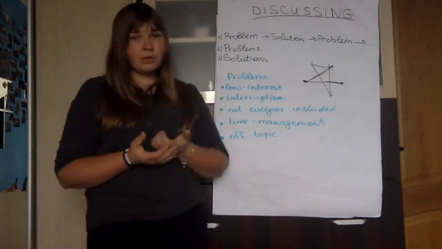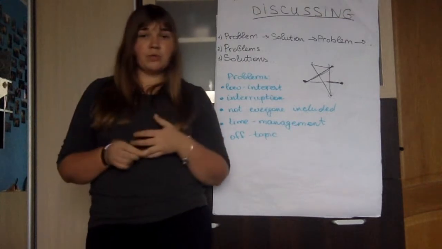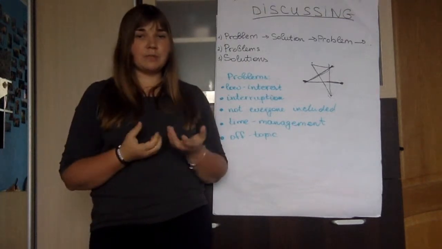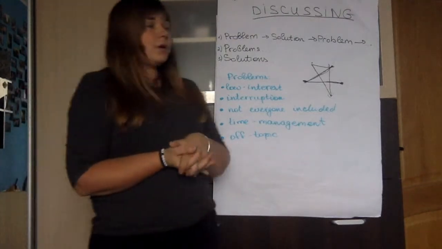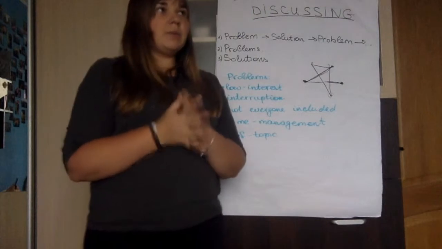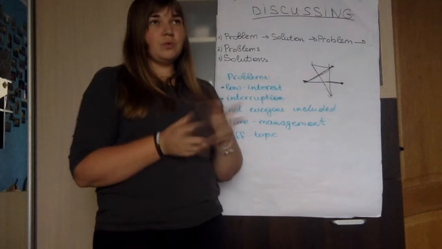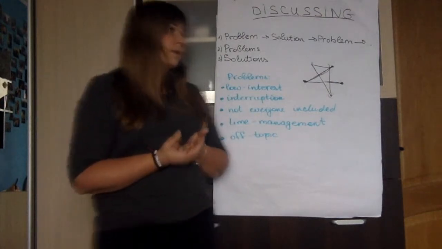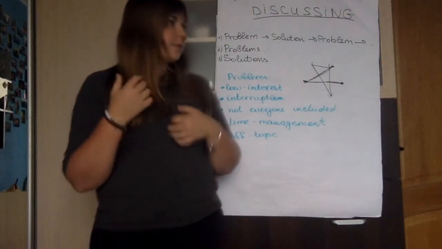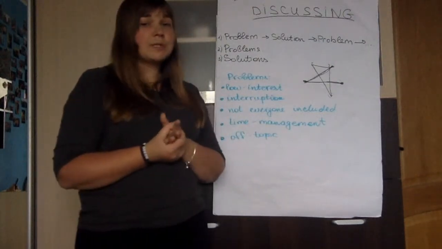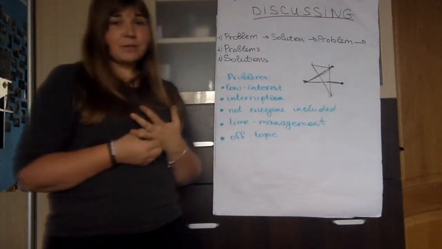It's of course interruption of other delegates. For solving this problem, you can use a talking ball when only a person who holds the ball can talk, or talking checks when you just give each delegate a limited amount of times when they can speak, and once they have used this amount of times, they can't speak anymore. However, of course, then they can sell these checks between themselves and so on and so forth. But it sufficiently improves the quality of the discussion.